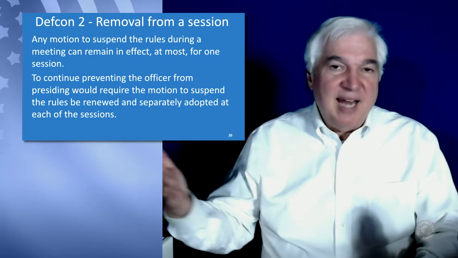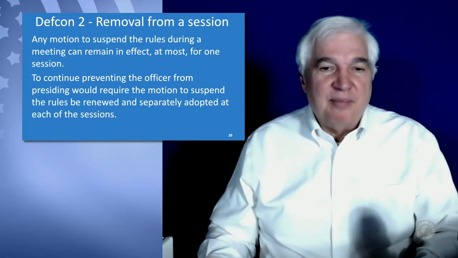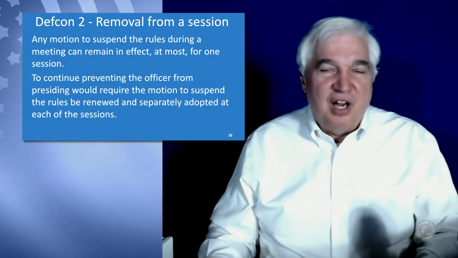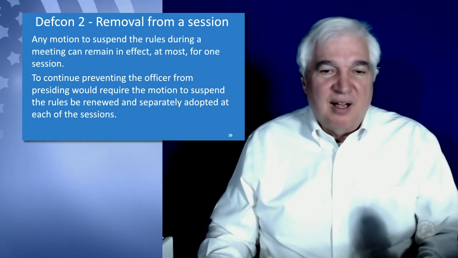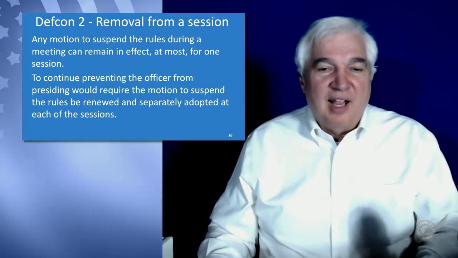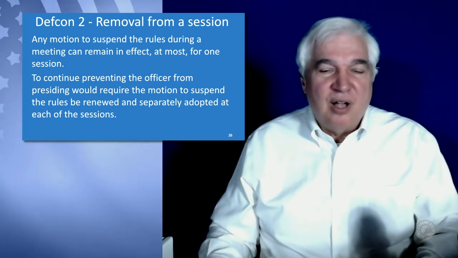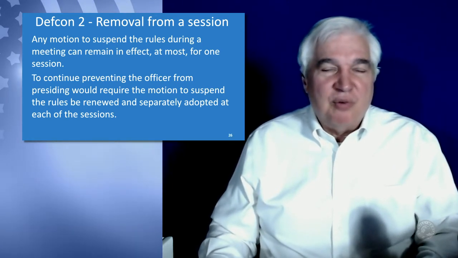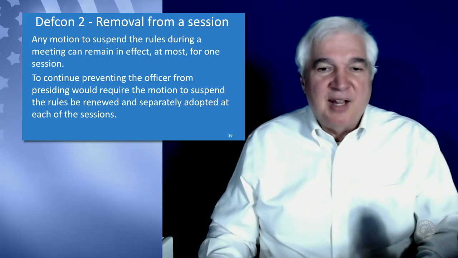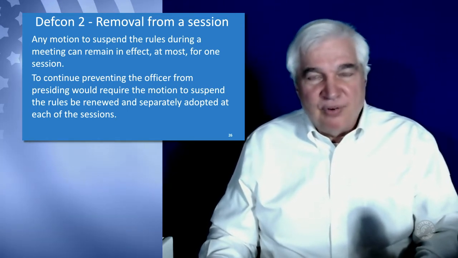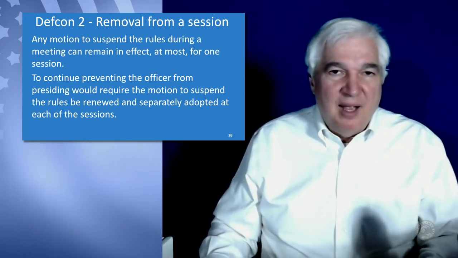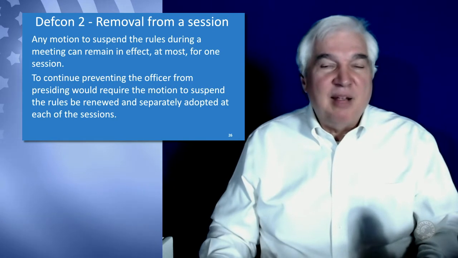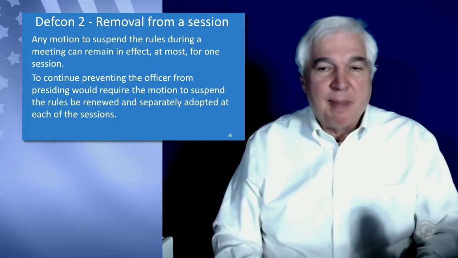So if you have a standing committee where the chair has been incompetent or abusive or whatever, and you have decided that you can no longer deal with the chair, you can remove them for that session. And then at the next regular meeting, you can also remove them, but that would be your first order of business. After they've been removed, whoever is the next ranking presiding officer would take over.